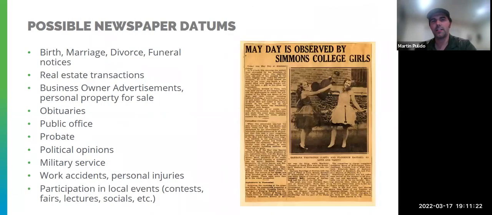All right, let's talk about the sorts of things that can come up in newspapers. There's lots of notices that can come up. Someone's daughter is getting married to so-and-so's son, so-and-so's getting divorced, maybe there's a probate notice or a funeral service coming up. They're announcing the birth of a child. It could be a birthday or anniversary. These sorts of things happen.